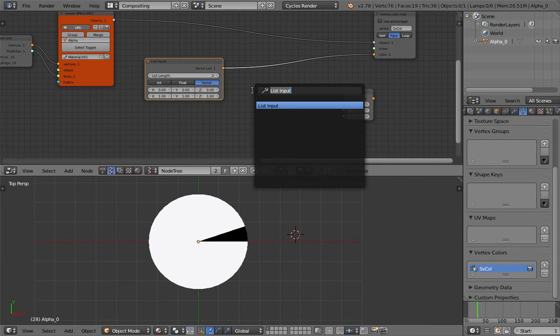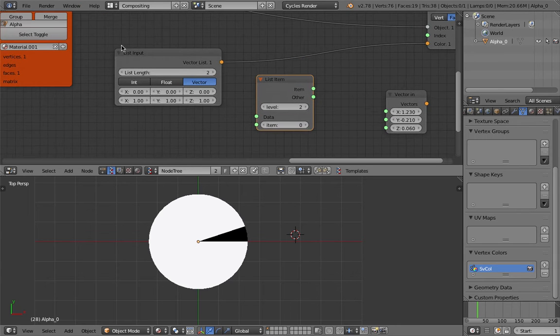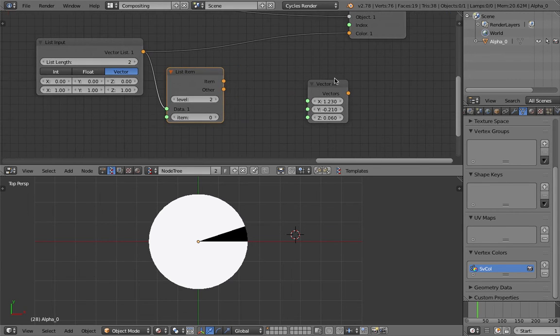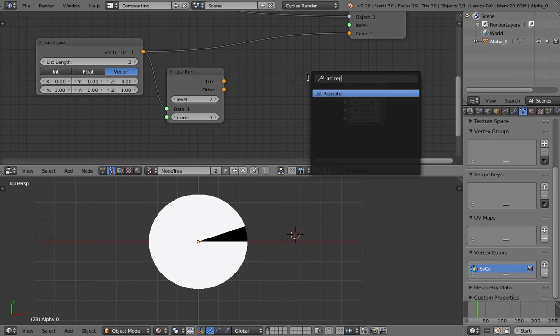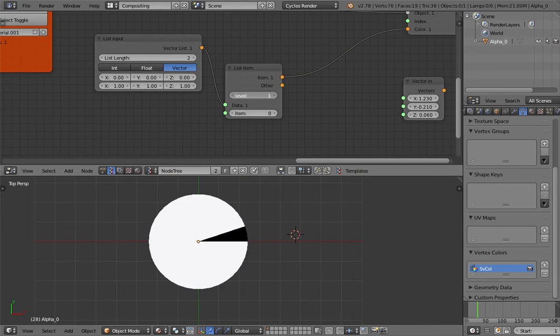There's this interesting thing in Sverchok. I'm pretty sure this is something that you can also use if you use Python code to do this, you can do the same thing just to generate pattern. We know that here we have black and white color, right? And we kind of want to repeat that black, white, black, white, black, white. So we are using list item. So we have this data, and we just want to repeat it. You can use a list repeat as well, but I like using list item because we just need to provide which item. So if I'm doing it correctly,